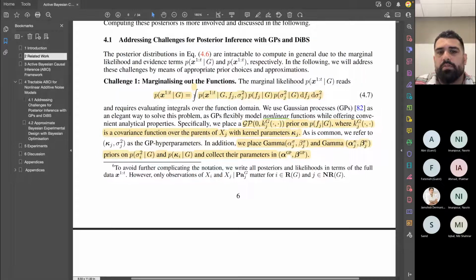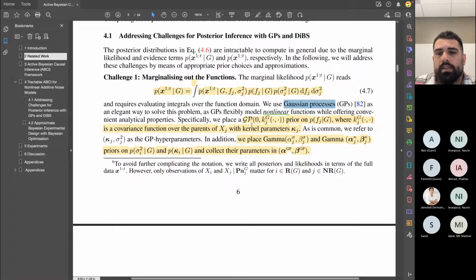But to overcome this challenge, they take a Gaussian process approach, which is nonlinear and also offers convenient analytical properties. So, in order to solve this integral, they place a GP with mean of 0 and this variance prior on this distribution of function f,